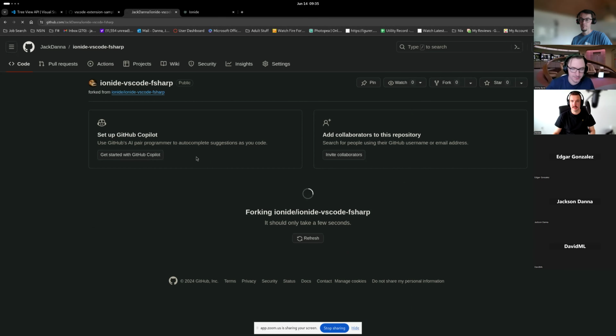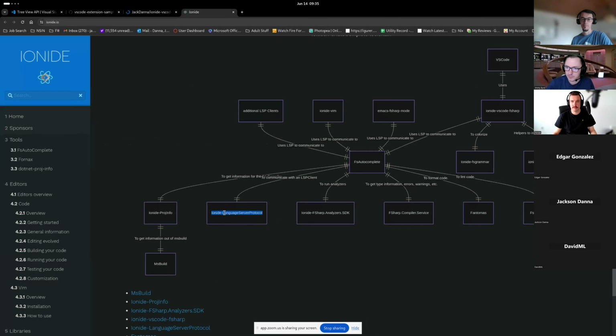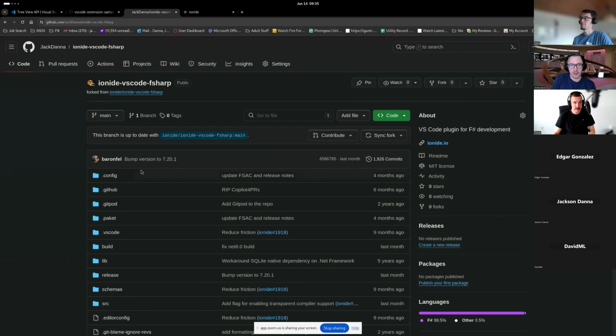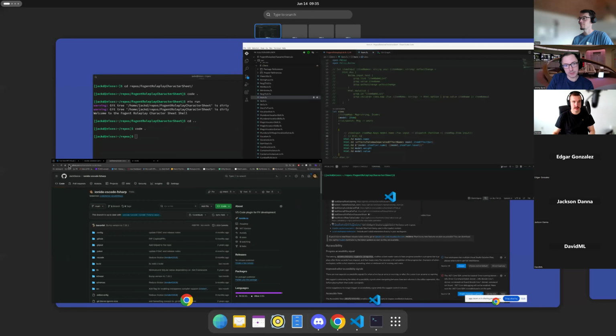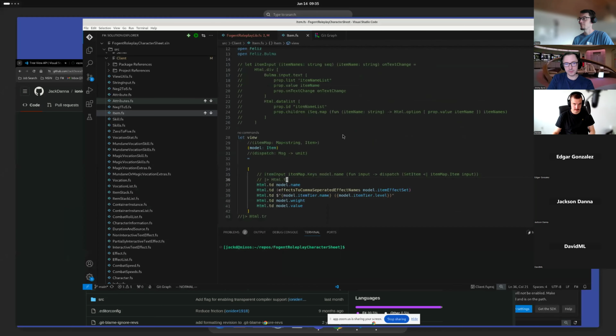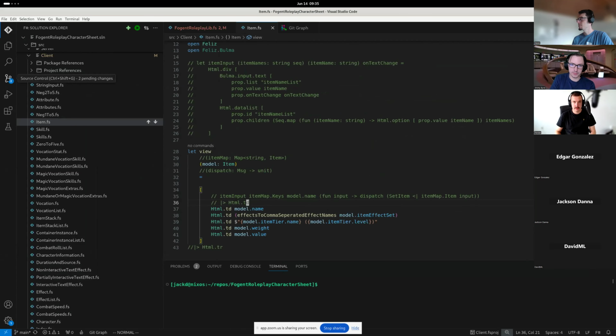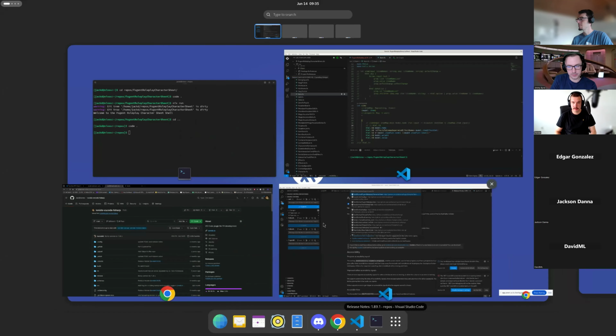Okay, cool. I didn't even realize there's this diagram here. So would most of our work today, if we're trying to do the feature, start in which of these bubbles, do you think? The Ionide VS Code F sharp, because that's the thing that interacts with VS Code. Exactly. And that's the UI driven portion of our application right now. But being able to edit the project file, that's going to have to be some requests that we send to FS autocomplete. So to finish out this feature, we'll have to add some endpoints there that we use.